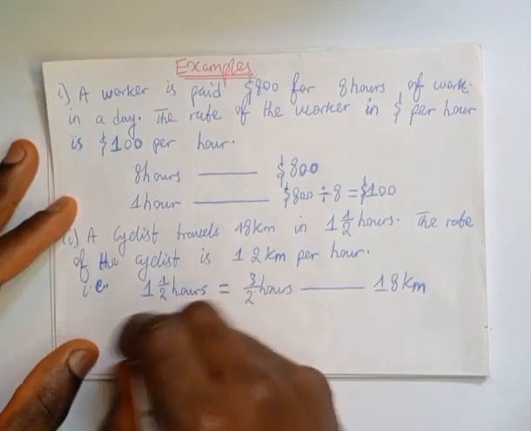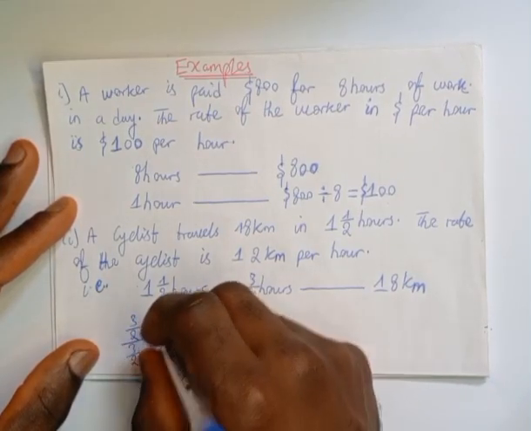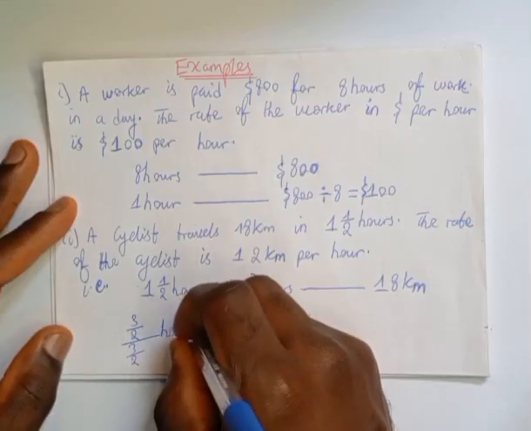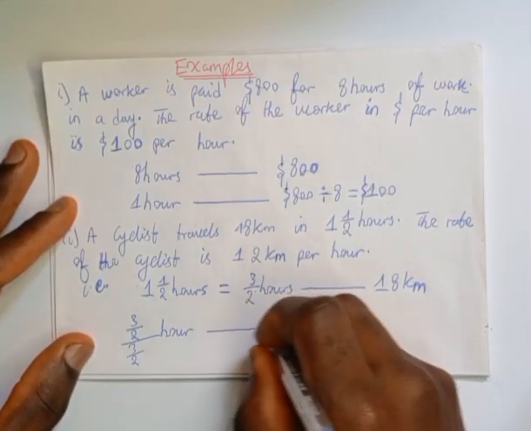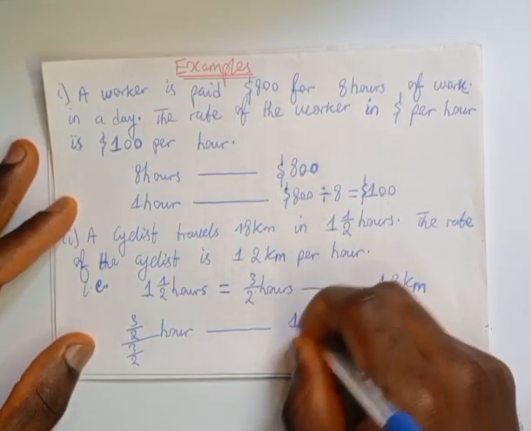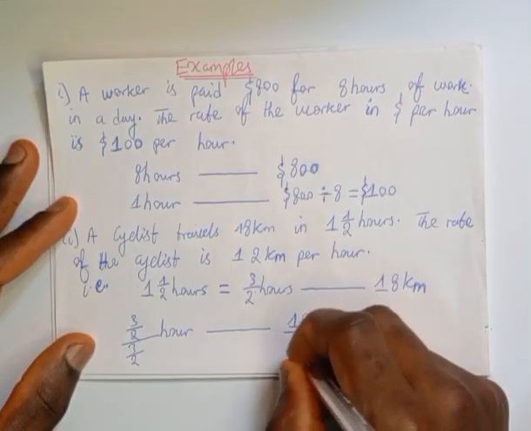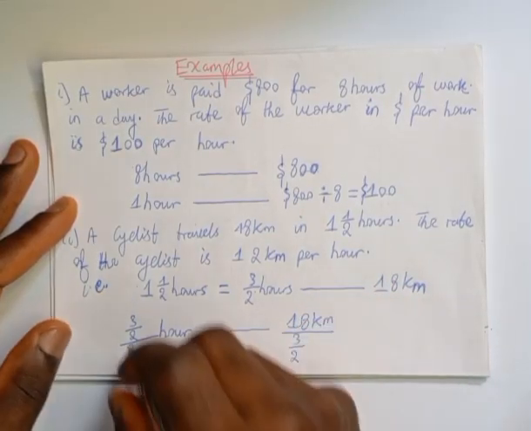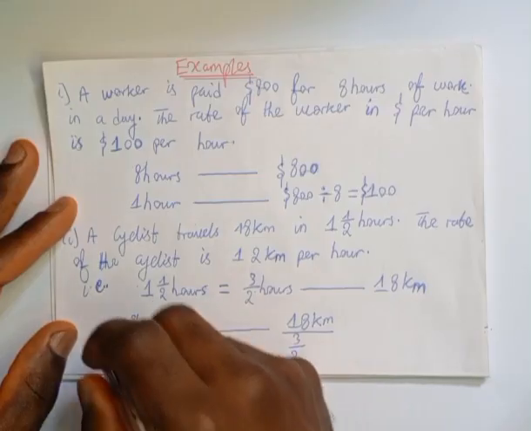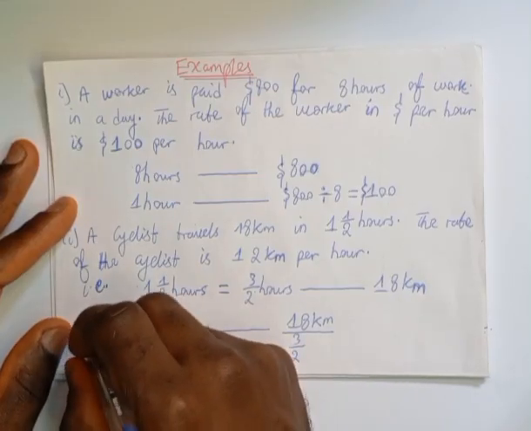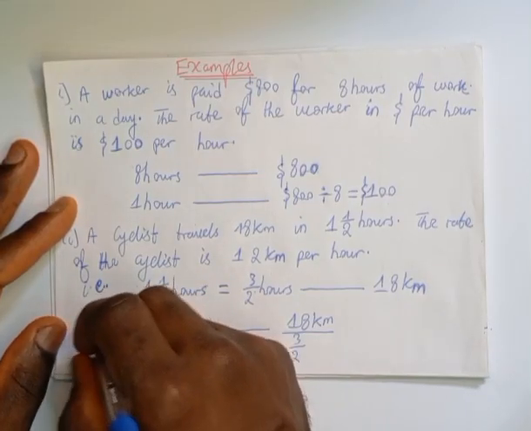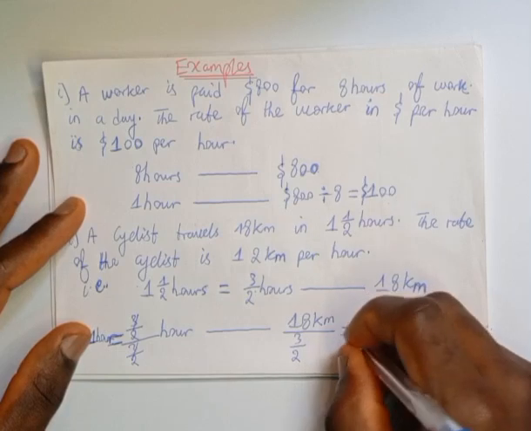3/2 divided by 3/2 hour. The cyclist will travel 18 kilometers divided by 3/2. 3/2 divided by 3/2 gives us 1. So here we have 1 hour. The cyclist will travel